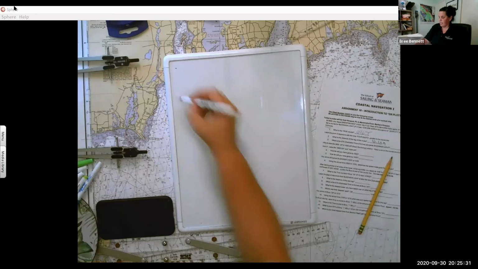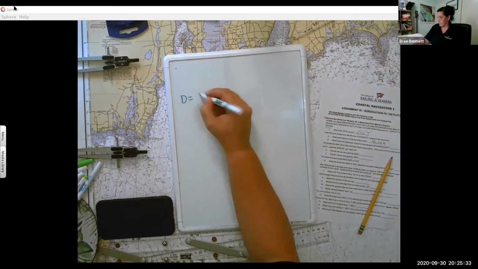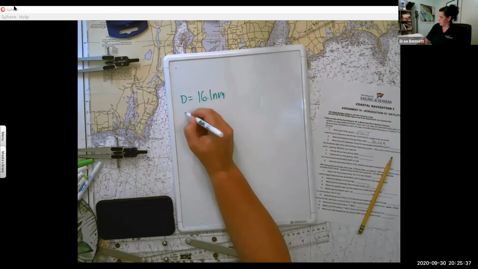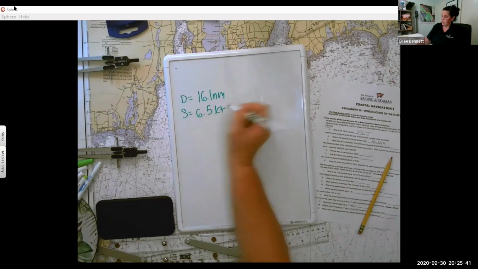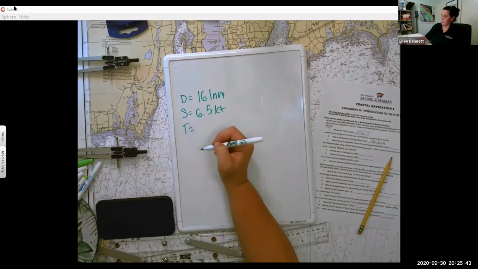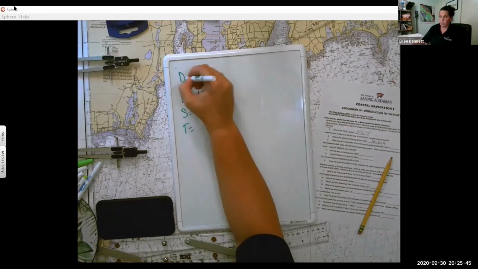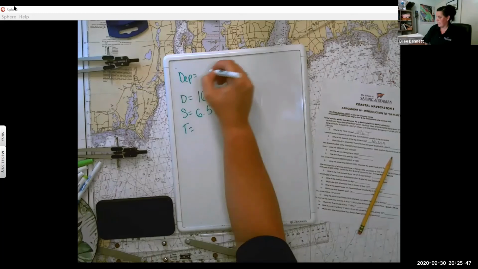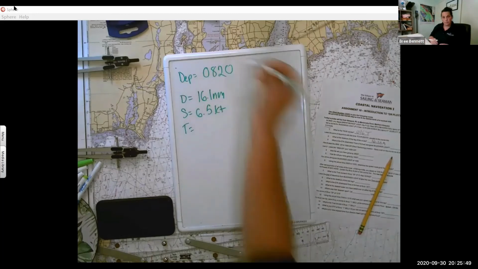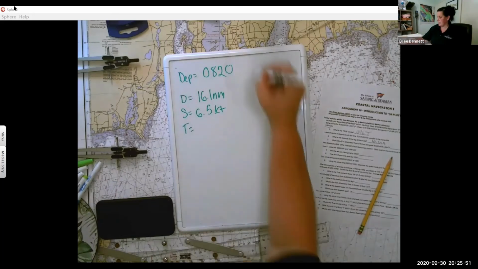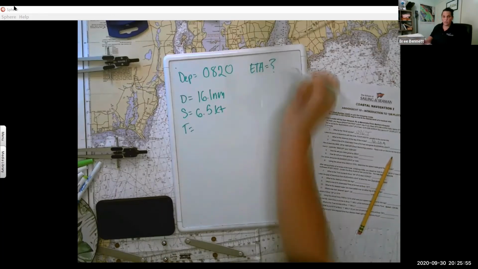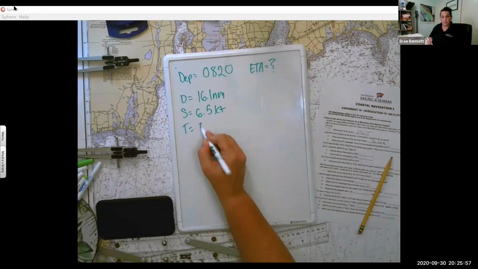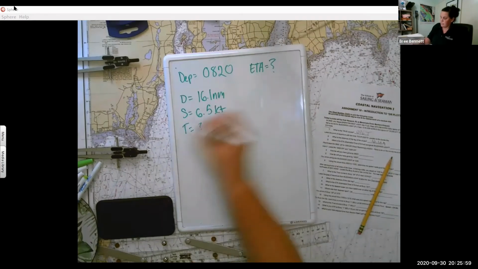If I have a distance of 16.1 nautical miles, a speed of 6.5 knots, I'm looking for my time, and my departure was at 8:20. So what is my ETA? That's my question mark. So I need to know what time is. So I plug this in and I get